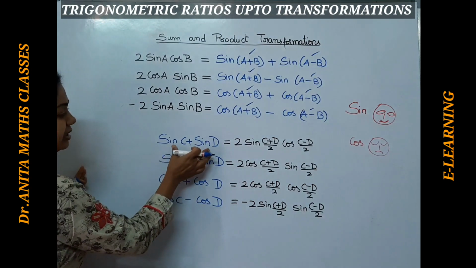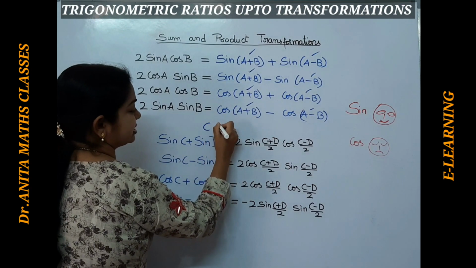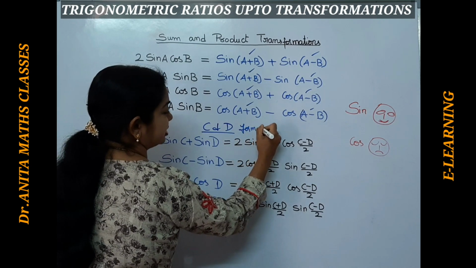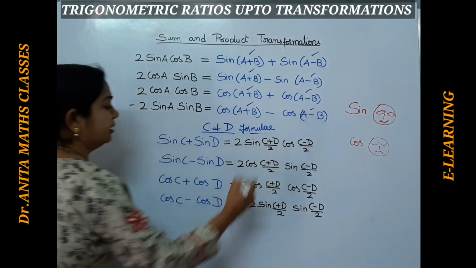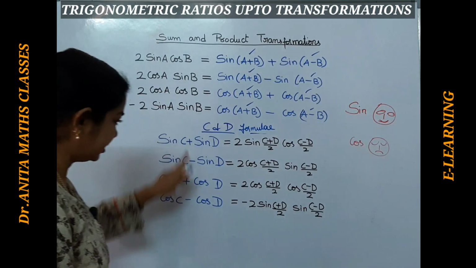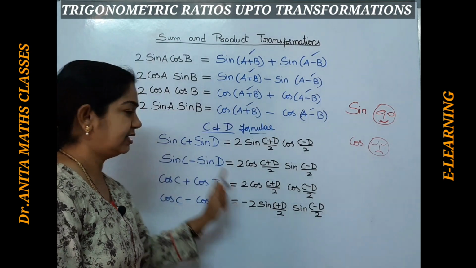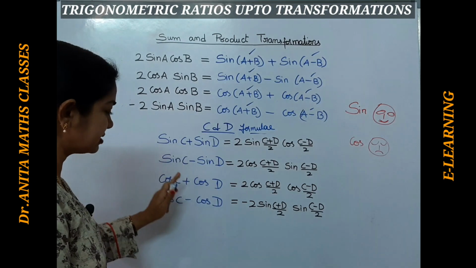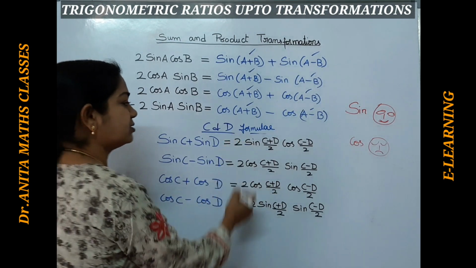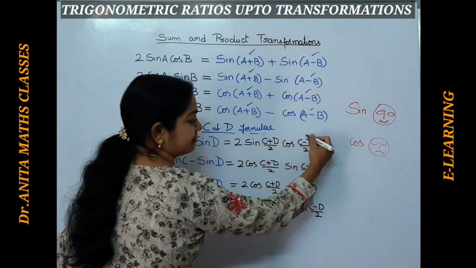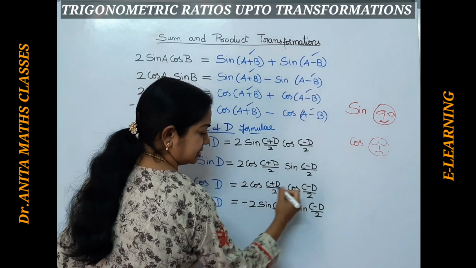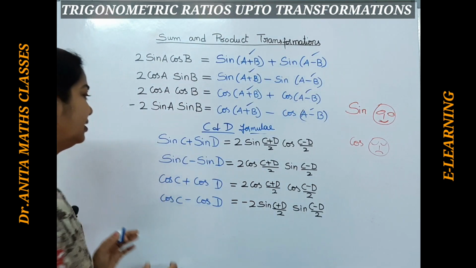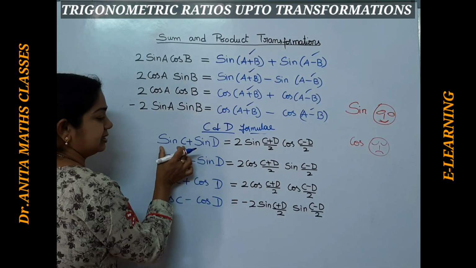Now see here, these are very popular C and D formulas we call, okay? A general form, C and D formulae, okay? In the C and D formulae, see here, the pattern is like this. Here C, D, everything C and D. Plus, minus, right? Here also the pattern is not changed. C plus D by 2, C minus D by 2, C plus D by 2, C minus D by 2, everything same. But what we have to remember is that, first if we are taking sine C plus sine D,